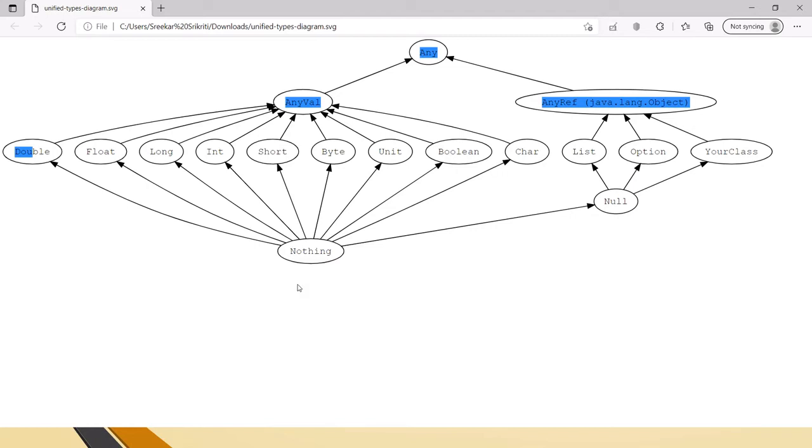And next one is None, N-O-N-E. That usually comes under the Option type. Option we will discuss in further videos. In the absence of some value in the Option type, we use None. For example, in Java you might have encountered null pointer exception, right?